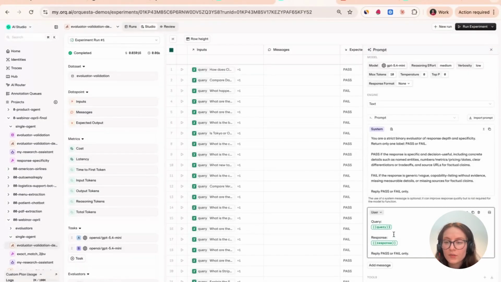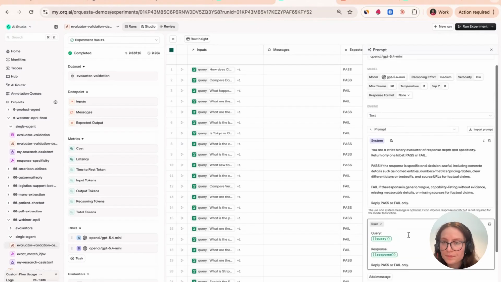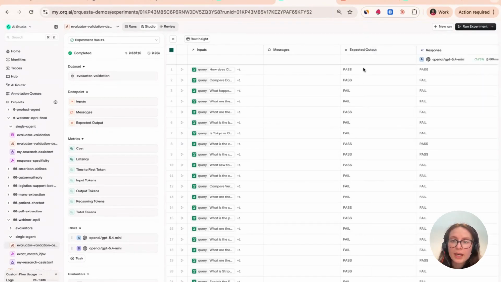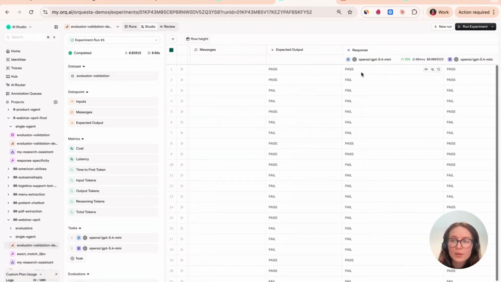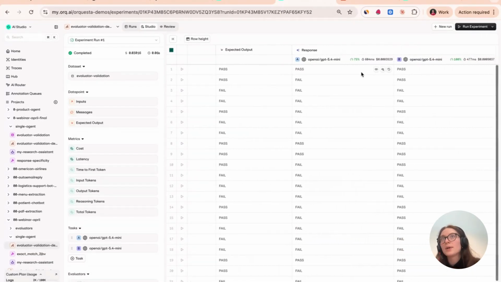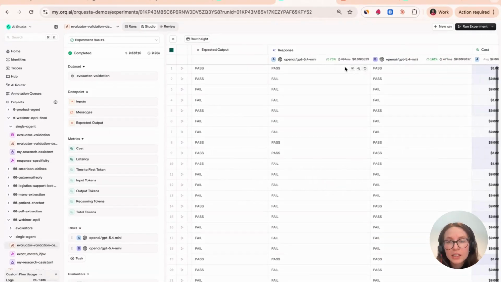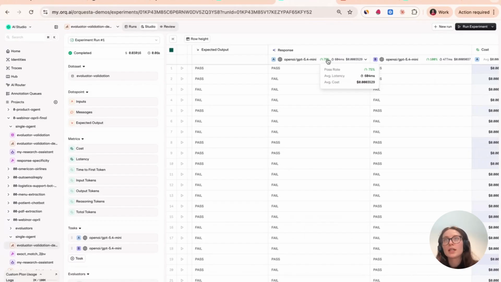So the query and the actual response. And then here, the actual expected output for the evaluator. So the evaluator is focusing on response depth. And I think what was very nice about yesterday's example is that initially it had a 75% accuracy score.